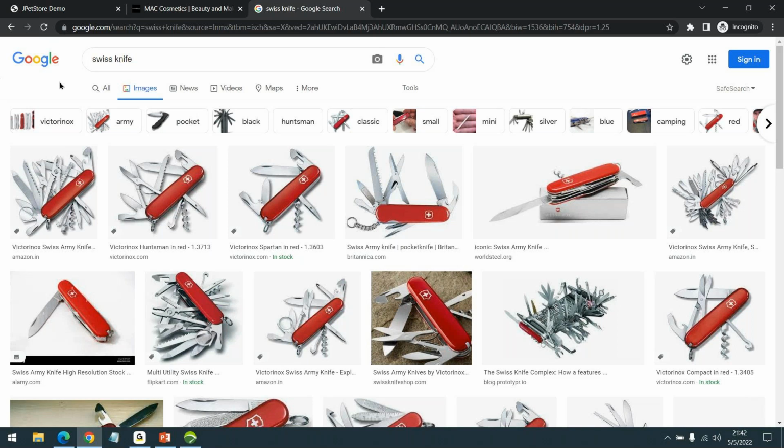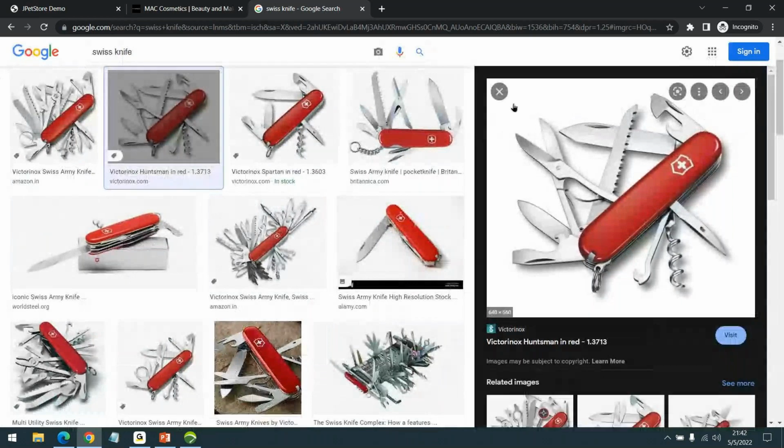So it's as good as the same thing. You can use this for cutting things, there is a saw, you can use this for opening something like this. This is what JMeter is.